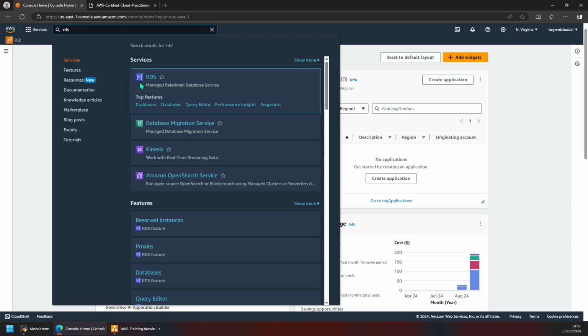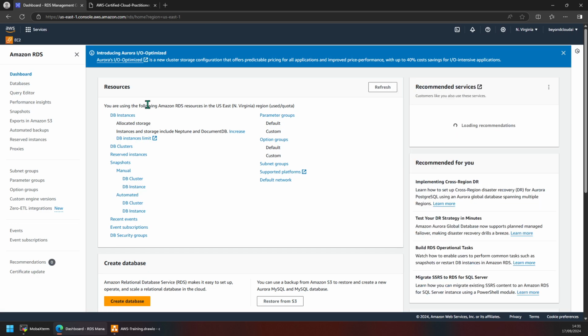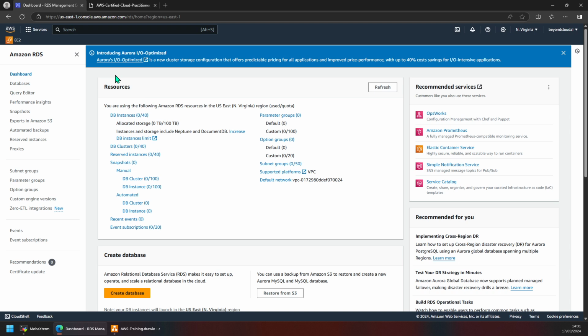Just type RDS over here. You can see the Relational Database Service over here. Just click on that. I always do a middle click so that it opens in a new tab. And as you can see over here,